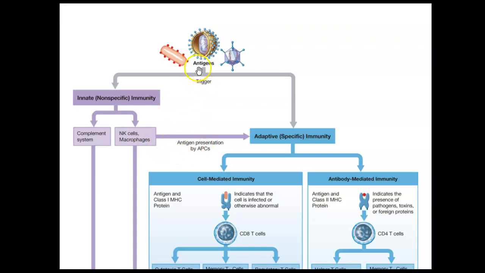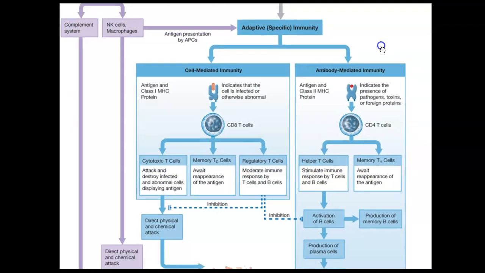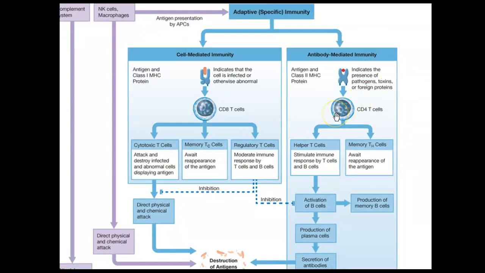then the antigens can also trigger the adaptive immunity directly, or macrophages can present the antigen on their surface and stimulate the adaptive immune system like that. So once the adaptive immunity is stimulated, the immune function begins with,